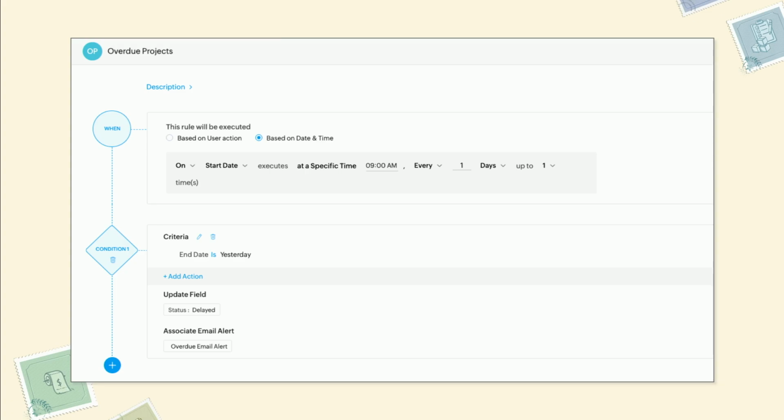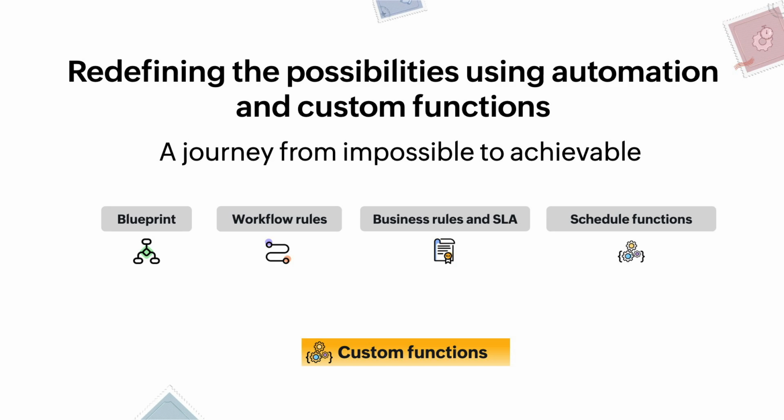So, let's say you have a list of tasks or projects which are overdue, and you want the system to automatically change the status to delayed, on hold, or canceled. Then you can use the time-based workflow rules in projects. So, I hope you have got a little bit of information out of the session,